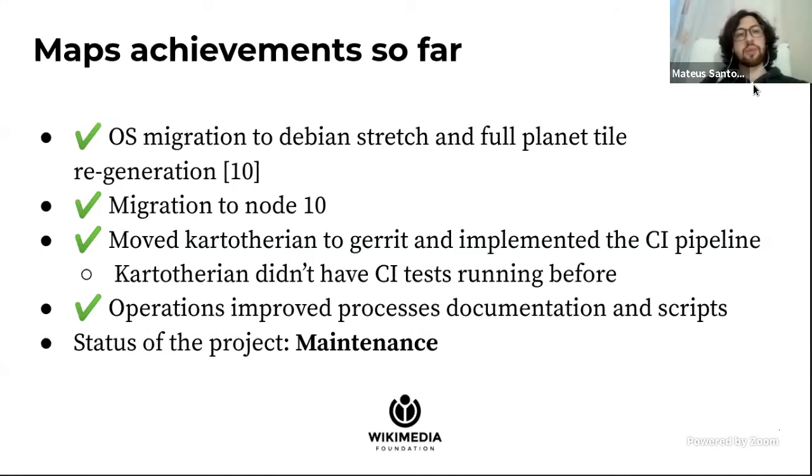So the maps achievements so far, in these almost 2 years of maintenance, were that we did an OS migration at the beginning of the work. It was really difficult. It took about 2 months to understand and finally deploy maps on a Debian Stretch cluster, for both clusters actually. And because of that, we learned a lot about the full planet tile regeneration. We have a really nice report